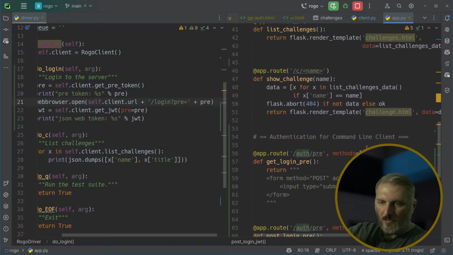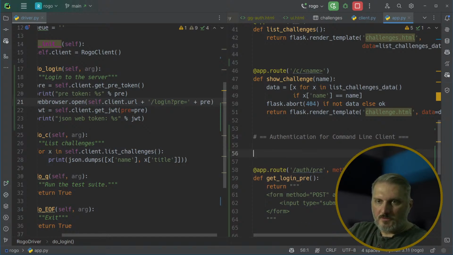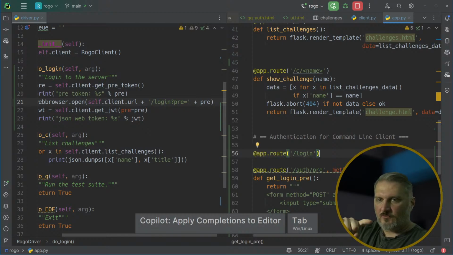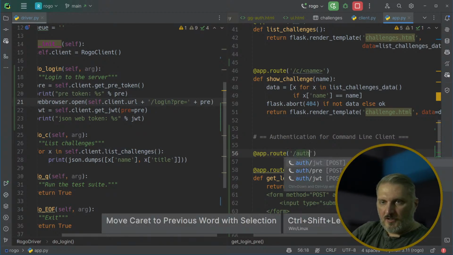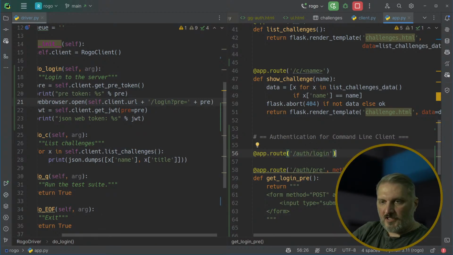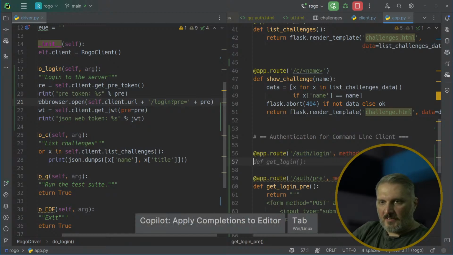Because now I want to say auth login. Like, so /login would be you logging in as a user, but auth login would be you logging in as a